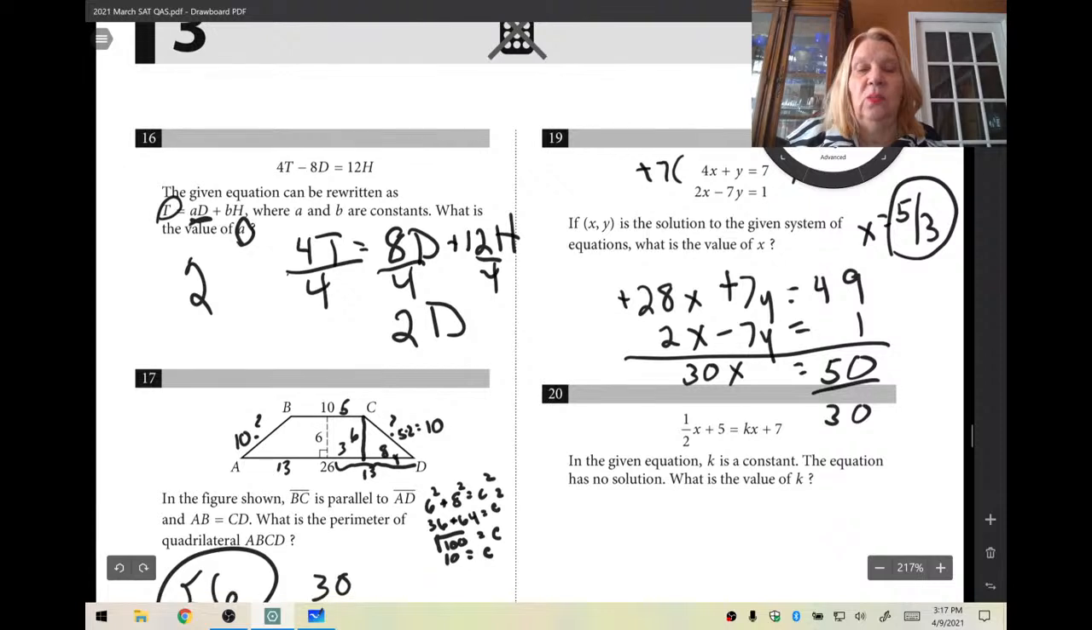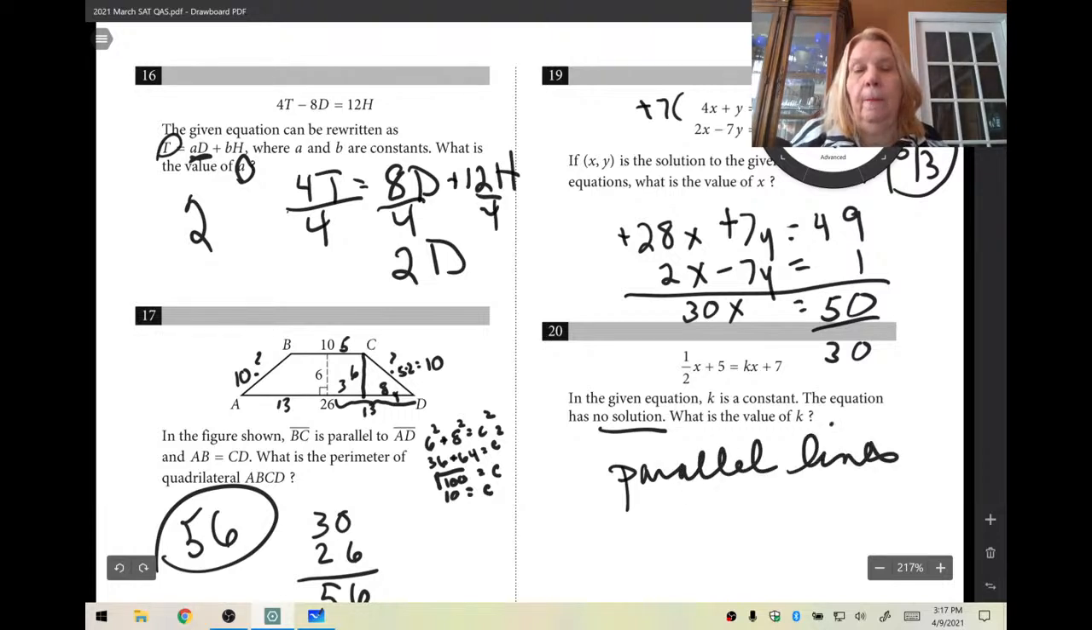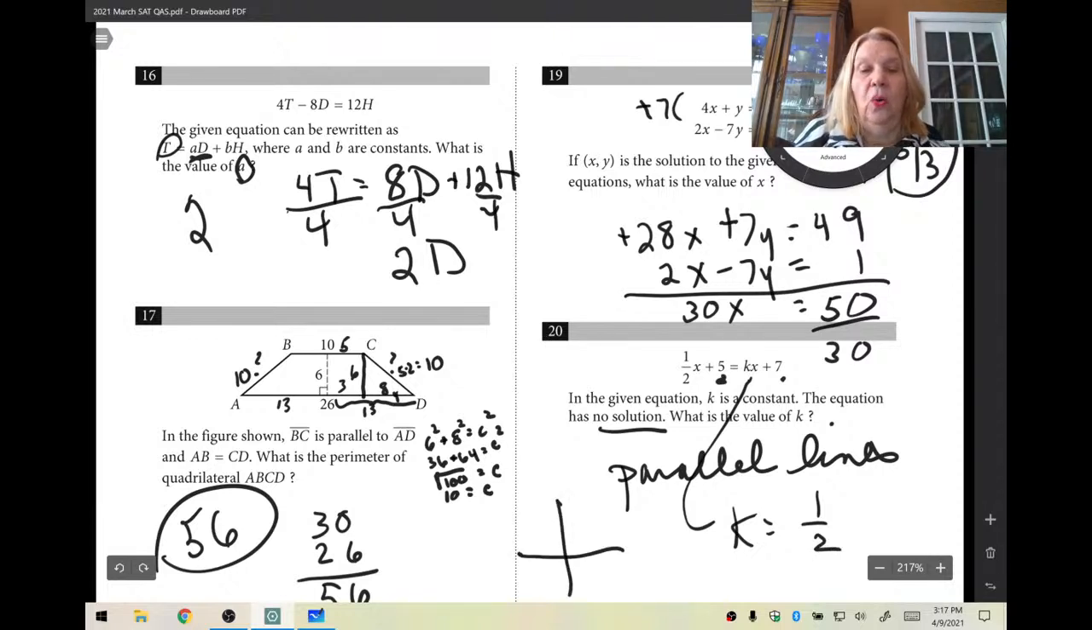Okay. The last one goes to no solution. So remember, no solution is parallel lines. So that means the same slope, but a different y-intercept. Well, we already have a different y-intercept here. So the easiest thing is just to make k a half. And then we do have parallel lines, one going through 5 and one going through 7. So that's the no calculator, and now Jim is going to take you,